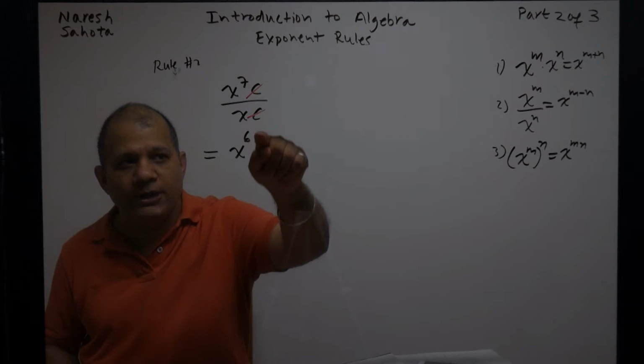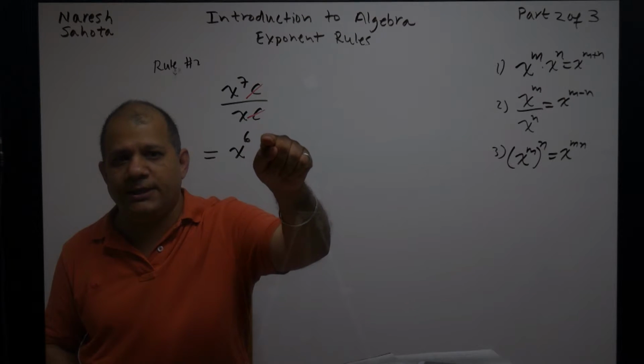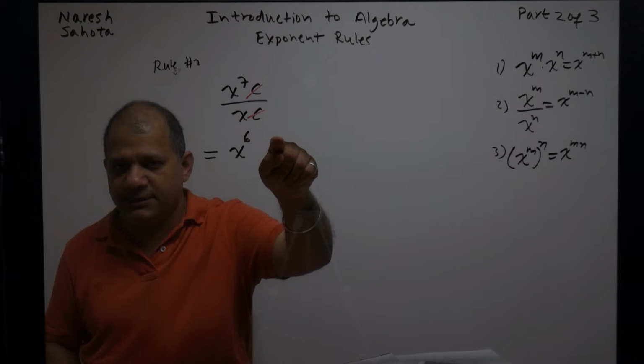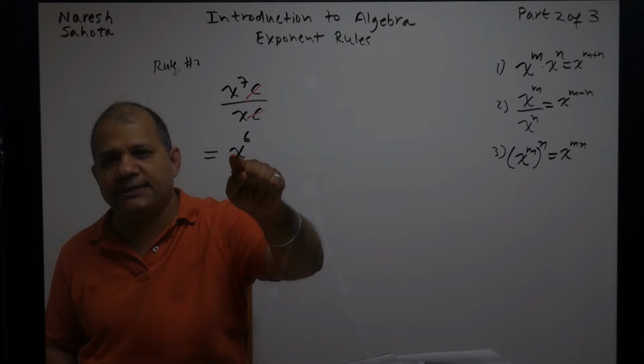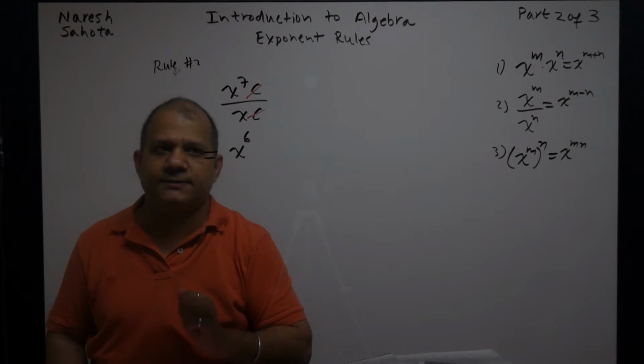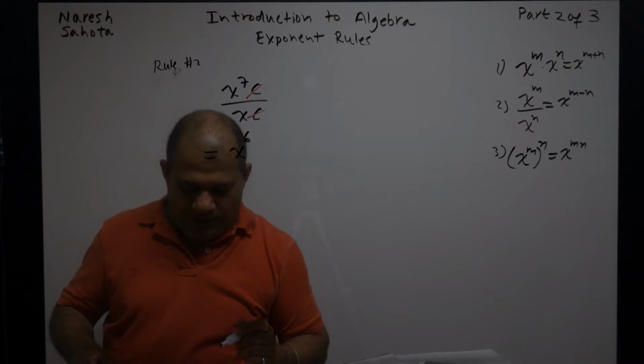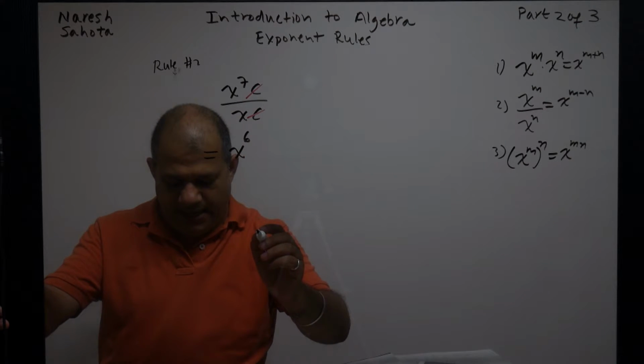And again, I could have applied c to the 1 take away 1, which would be c to the 0. And by definition, c to the 0 is 1. 1 times x to the 6 is x to the 6, right? Okay, so now let's look at